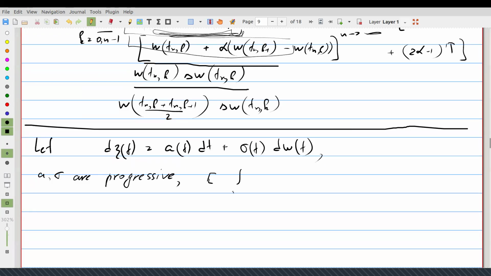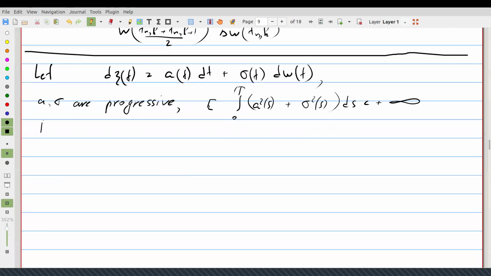And I will also require that they have proper second moments, which is typically overkill in the situation, but still. And then one can prove the following interesting theorem. So for a function that is slightly better,